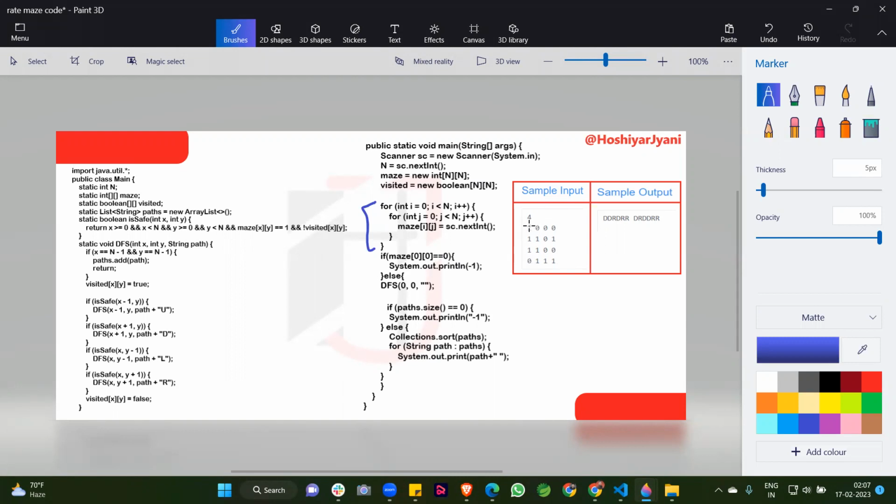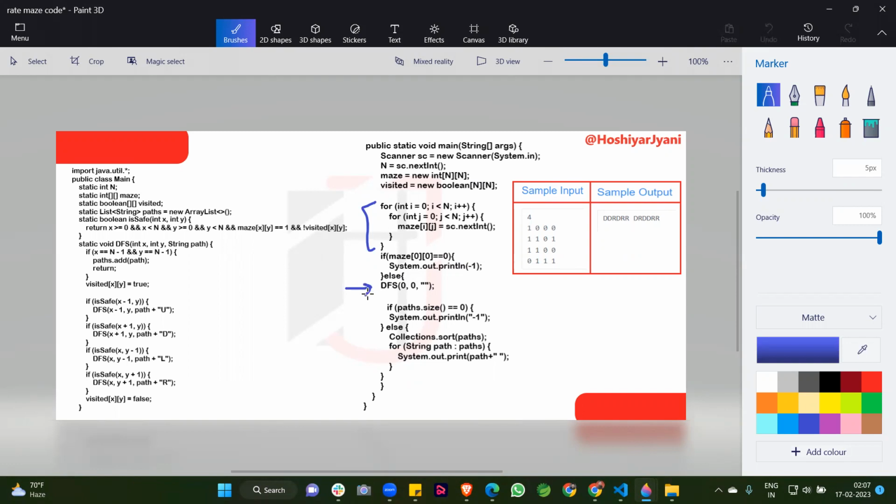To avoid this situation, I am creating an if condition and one else condition. If our first point is 0, then simply print -1 and we do not execute the code further. If this condition does not hold, then we come to the else condition for the further execution of this question.